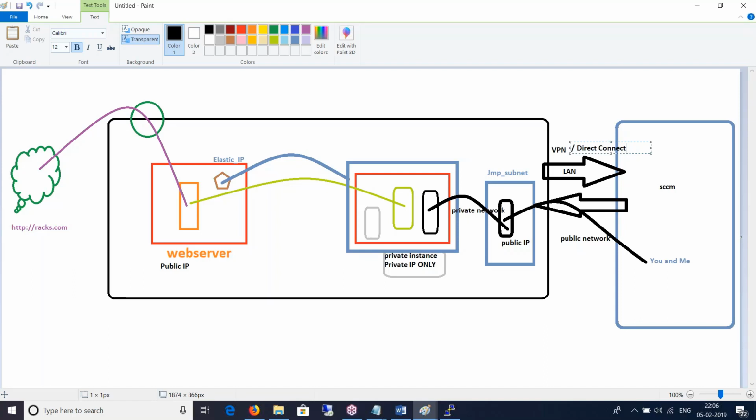So can you RDP from a cyber cafe to your laptop at your home via the public IP of your router? Not by default. By default, not. Yeah. But if we create one NAT rule, then we can. Now, again, we can get vulnerabilities through the internet if the internet is allowed and browsable on that private instance.